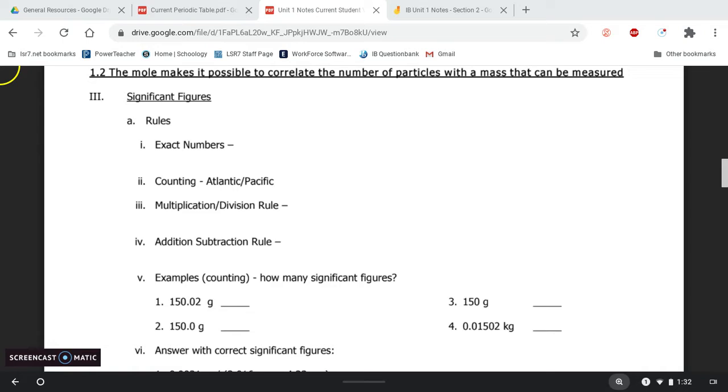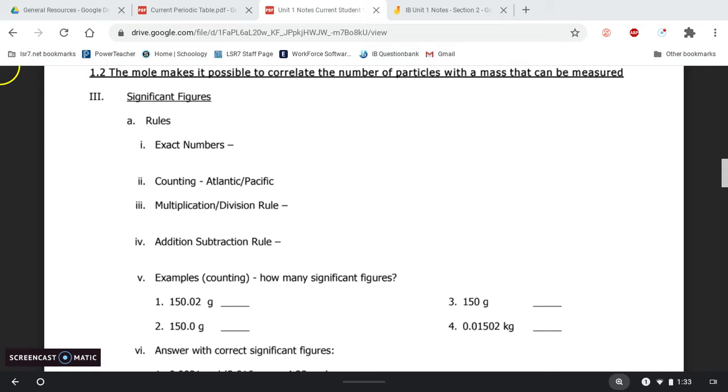So that is something we look at here. You can take a look there. We've got some notes. I'm going to talk about the rules, and you should write those down, and then we'll do some practice. So the first thing is this term, exact number. What you want to write down is that an exact number is something you do not use significant figures with. In a calculation, if you have something that would make your answer not make sense because it would reduce the significant figures down too far, or something like that,